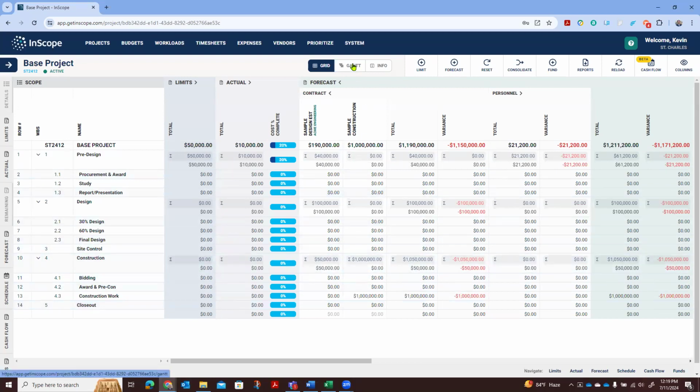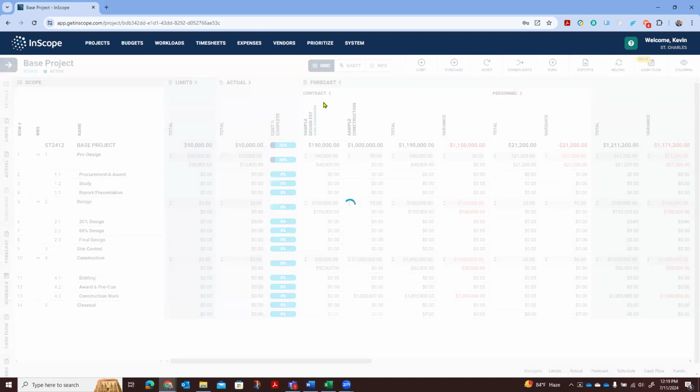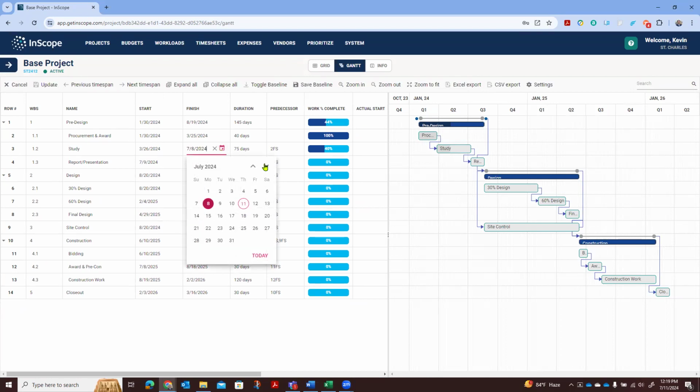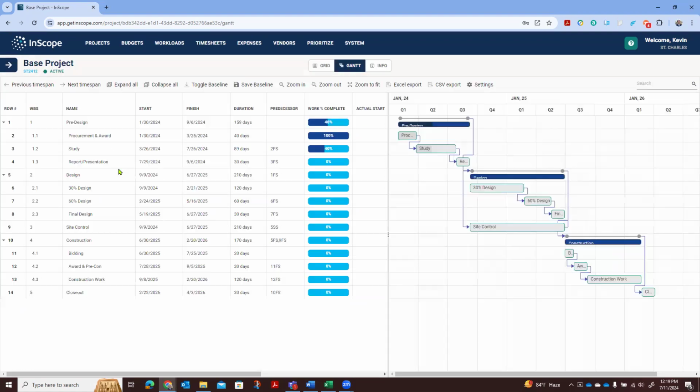So then, as I'm building out a project plan, I build a project schedule. I come over to my Gantt chart and I build out my schedule, and I say, obviously I have to procure the services and that's going to take some time. And then I have a study that has to be done, and maybe that's going to push out a little bit longer. And so I massage my dates, right? I'm always keeping my schedule up to date.